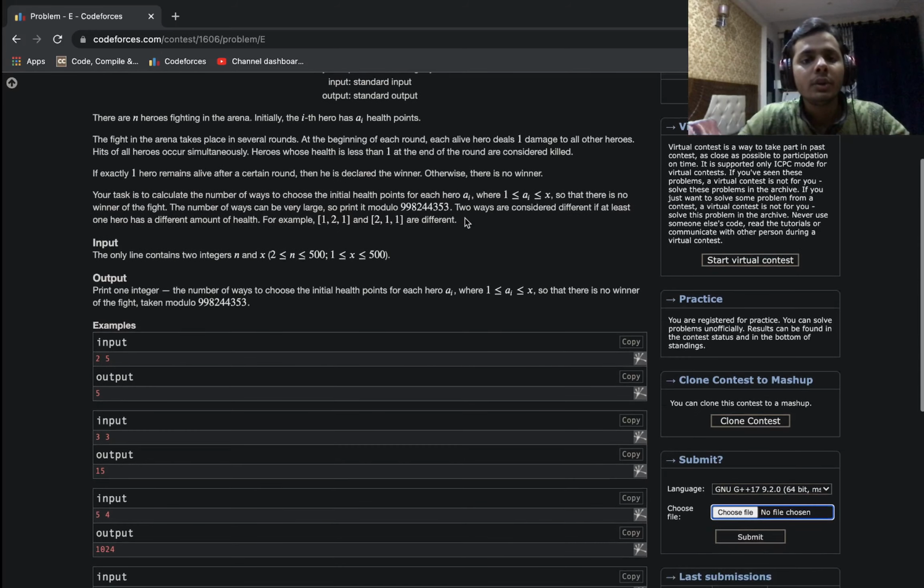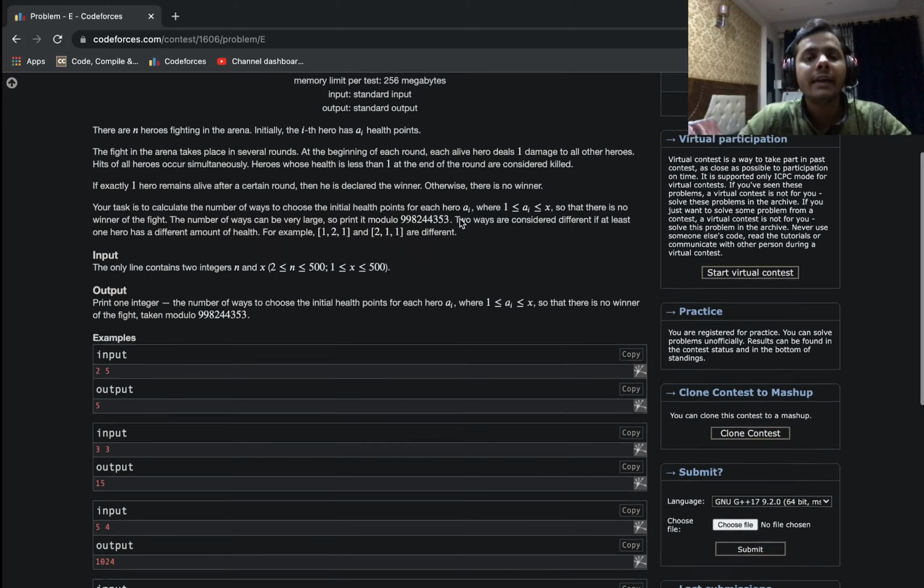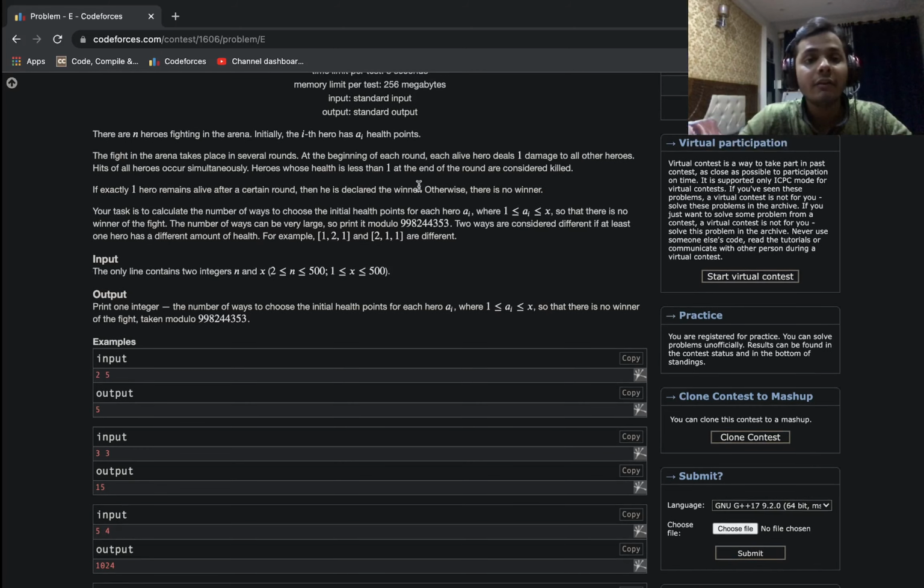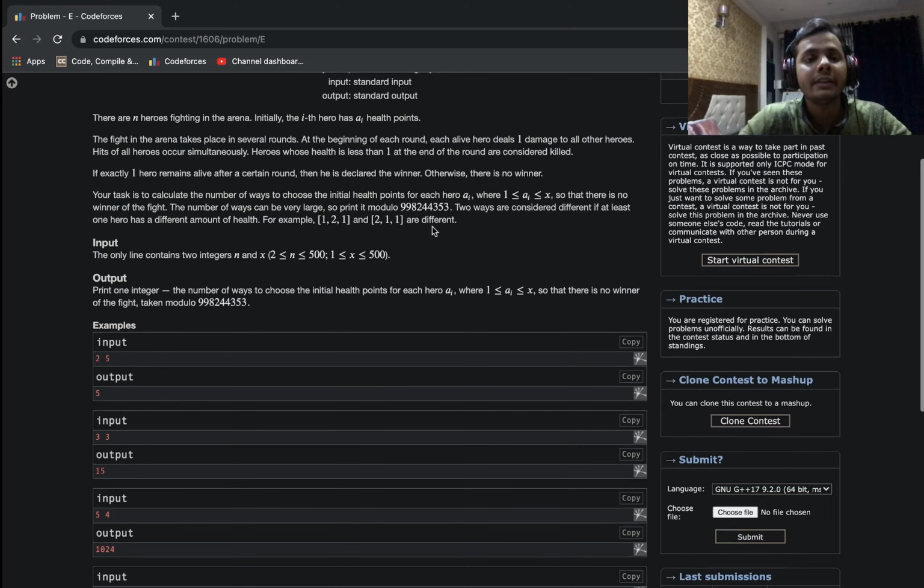And what we want to do is, we have been given a range of x. That means that all the a of I have to be from 1 to x, and we need to calculate the total number of arrangements of the array A such that something happens. And that something is that when everything has ended, exactly one hero is not remaining. That is, there is no winner.